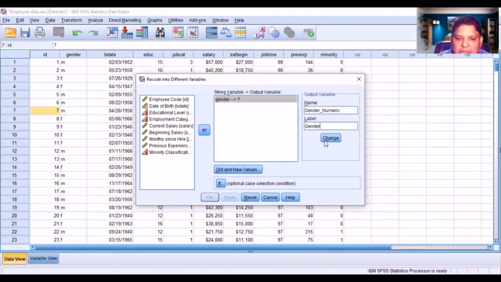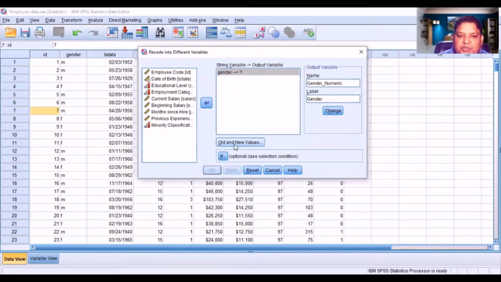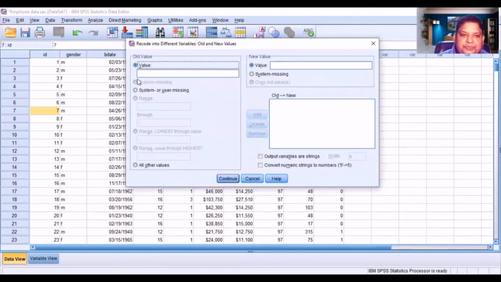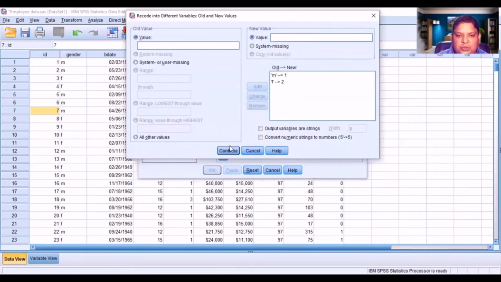Okay. Now old and new values. I need to specify what is the old value and what is the new value. Click on Old and New Values. So my old value is what? Old value is male, that is M. For this M, I want value 1 to come, add. So now male, that is M, is going to get converted into 1. Female, that is F, I want to take as 2, add. Now I'm going to continue